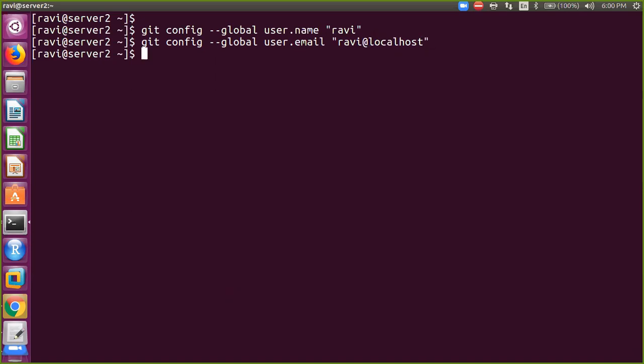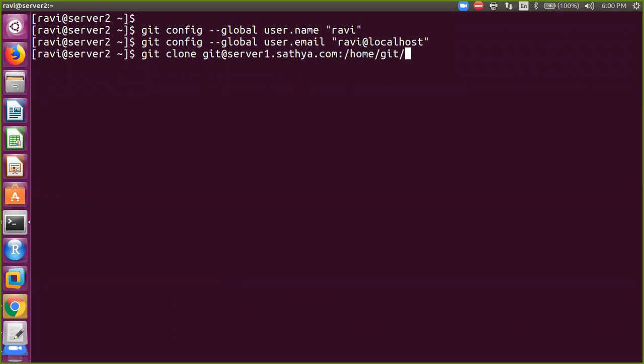What is the next thing I need to do? I need to clone it for the first time, right? So git clone, the full URL of my remote repository. It is under user account git, which is under server1.satya.com, colon slash home slash git.